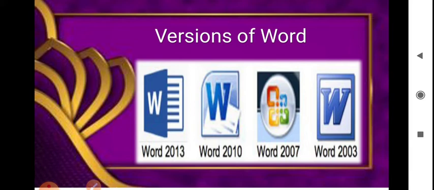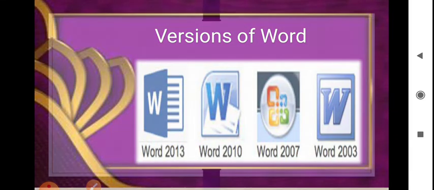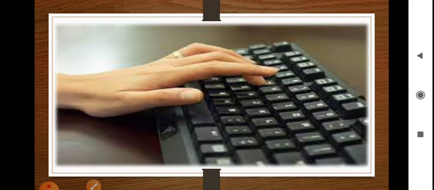Okay. Now next one is typing. The typing was done on the typewriter. If you made any mistake while writing the letter, you had to throw that paper in the dustbin.